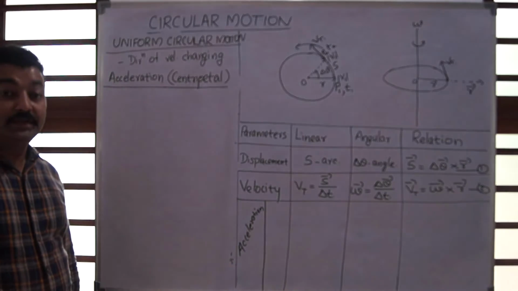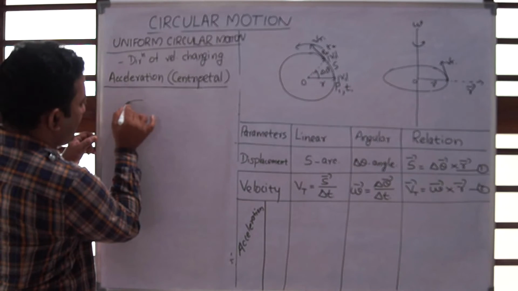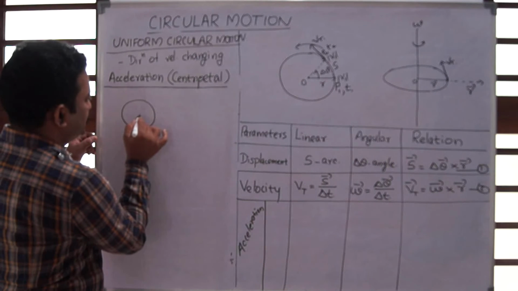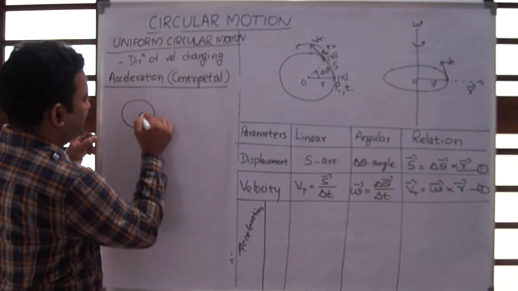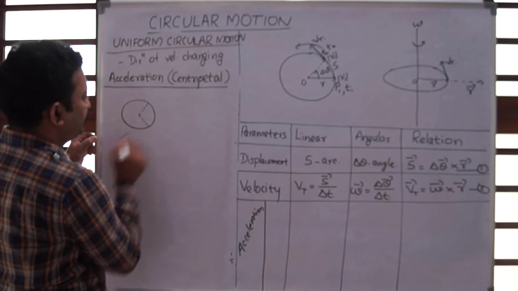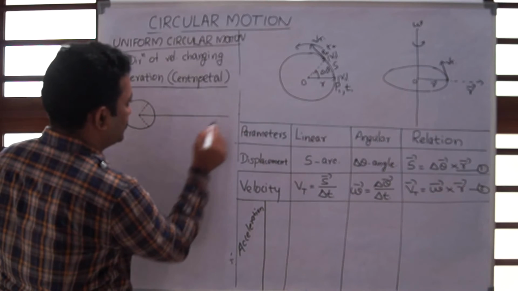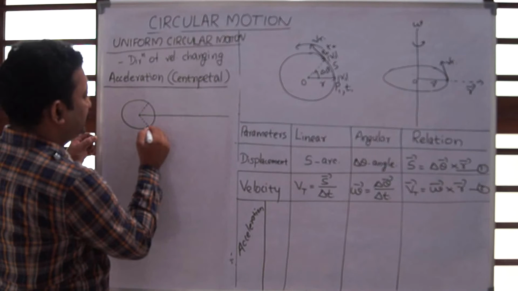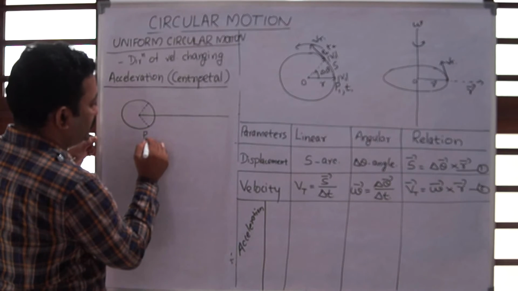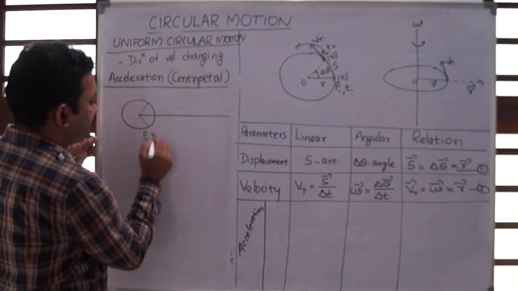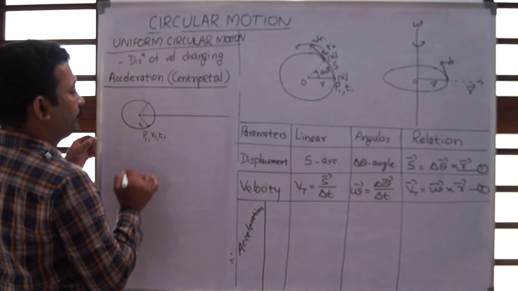Now we are going to analyze this one in detail. Suppose we have a particle executing circular motion. Let this be at different points at different instances, and let this be the radial line. Let this be point P1, where the velocity is v1, and this is at the time t1, and this is r1 vector, and